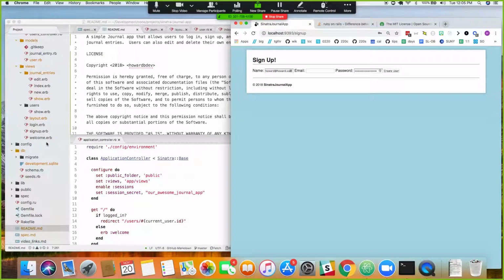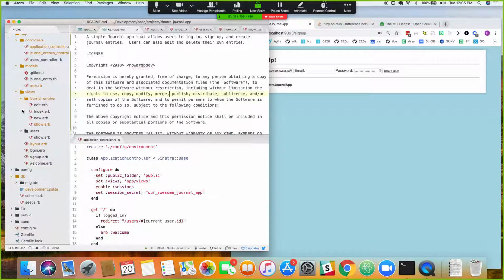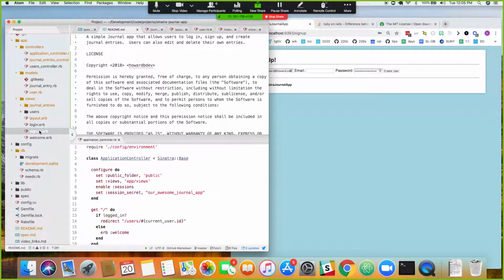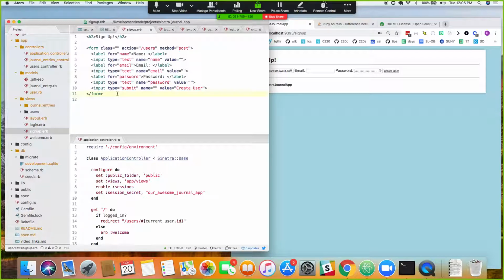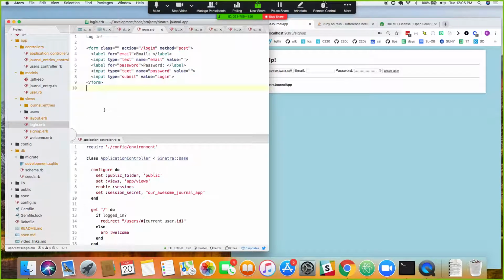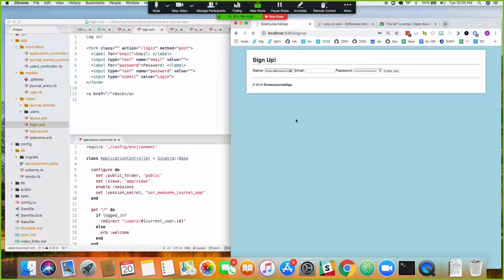So I want to add a link. So I'm going to find my sign up page, wherever that might be. Here it is. And I also need to put kind of a similar link to login. In fact, I'm going to use the same link. What I'll do is I'm just going to build a simple A tag with an href of slash, okay, and I'm just going to say back. And if I duplicate this, and I put it in login as well, I save that, I refresh the page,